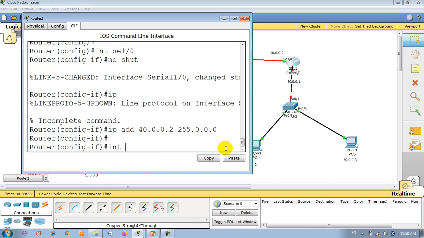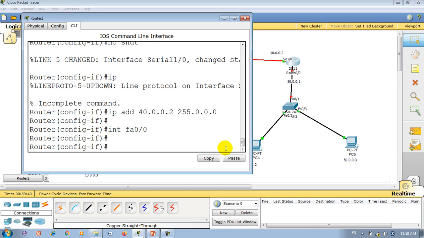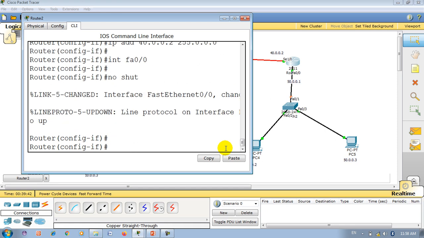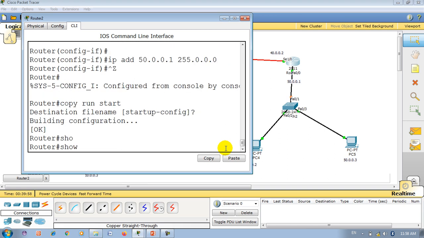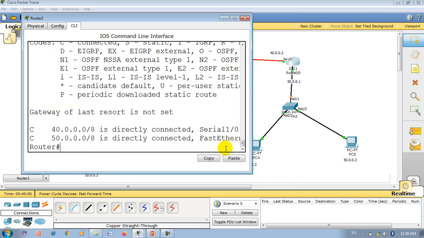Now let me give the IP address to the LAN side. FastEthernet 0/0, no shut, IP address 50.0.0.1, 255.0.0.0. Control Z, then save it: copy run start.